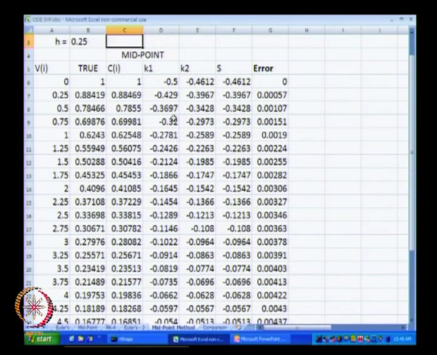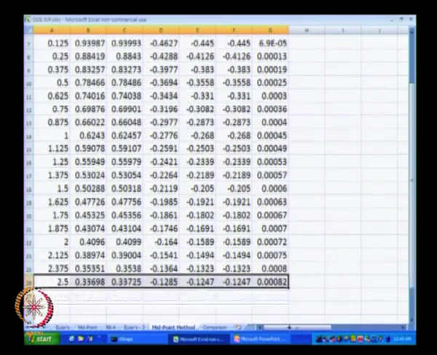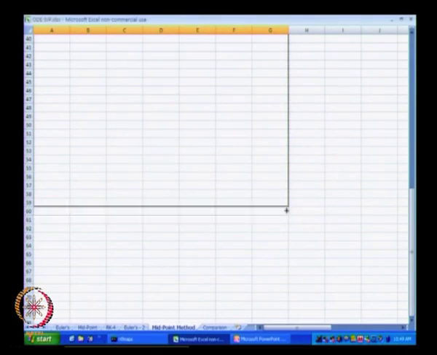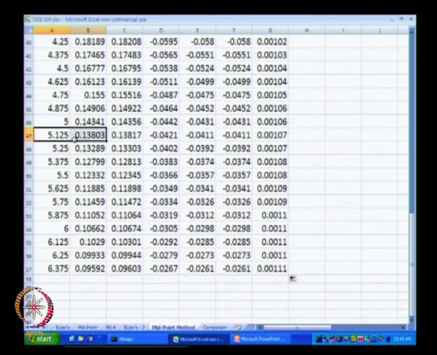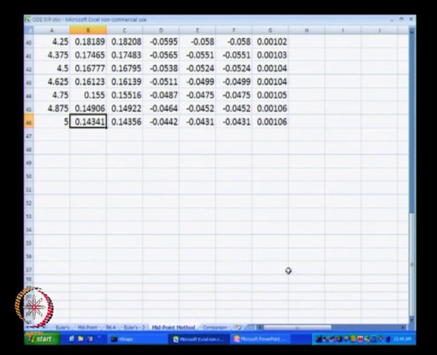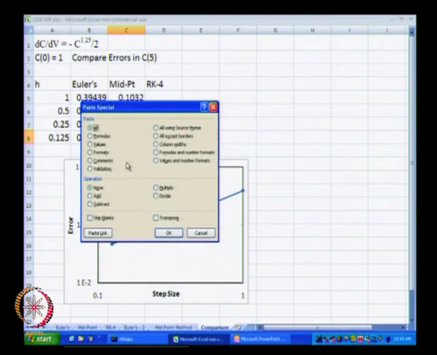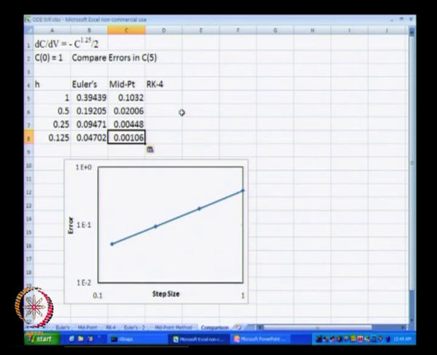And what I will do is halve the h value further and go to 0.125. For 0.125, again I will have to drag it for 20 more rows, sorry, and I will delete these, and now the error is 0.1%. So the error is approximately decreasing by 1/4 when the step size is decreasing by 1/2. So it looks like the error is decreasing by 1/2 to the power 2 every time I am halving the step size.